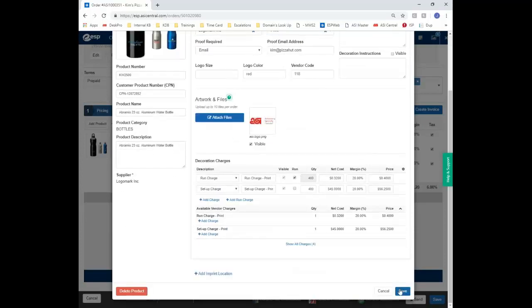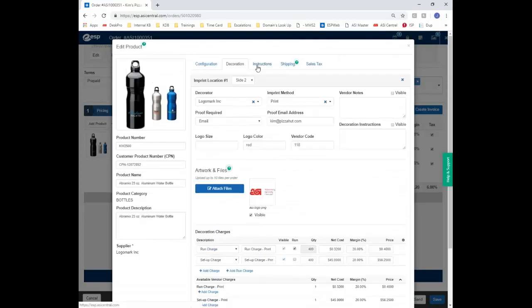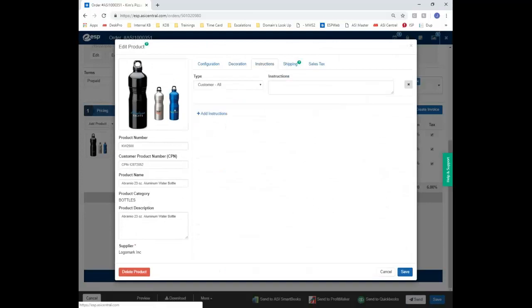And then save that information. The reason I'm not clicking save is because I'm going through the tabs themselves. All right. Next over, you can add special instructions to the customer's all documents or individual documents of the